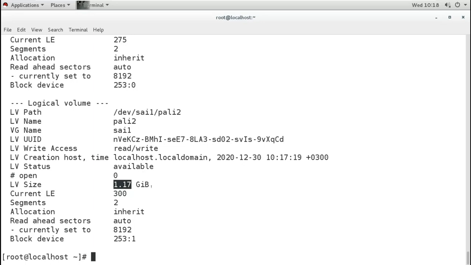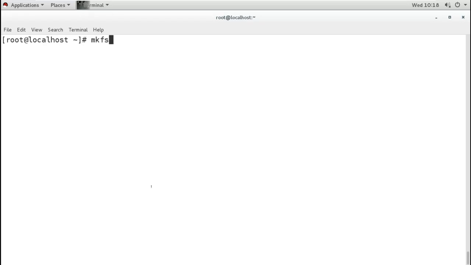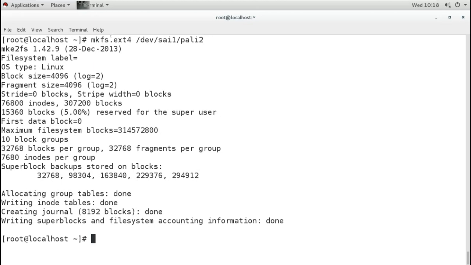Now it is not having any file system, it is not mounted anywhere. So first I will create the ext file system in it, and then I will mount it on a directory, so that we can verify by using the df command, and we can create the data also, and we can see we can do it online. So what I will do first, mkfs.ext4 on the Pali 2 LV. Now this time remember, I created what? The ext4 file system. It is the ext file system. We have ext2, 3 and 4. 4 is the advanced one, so I'm using 4.